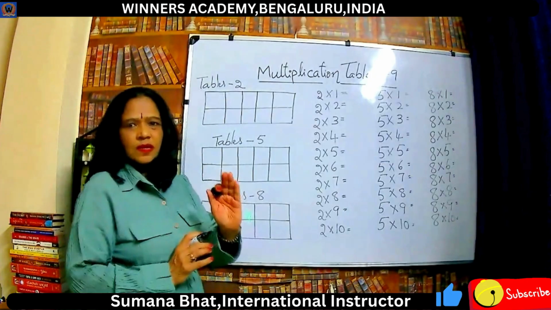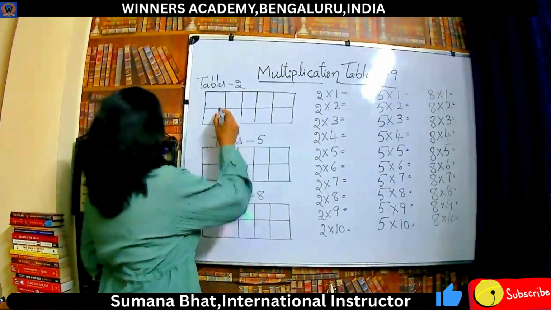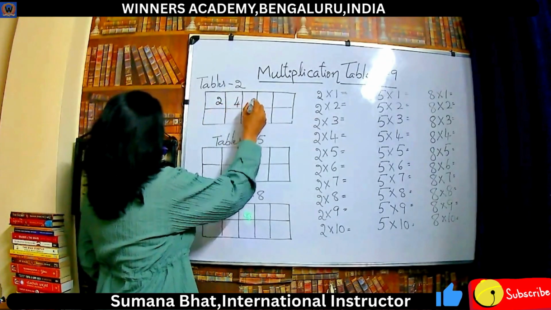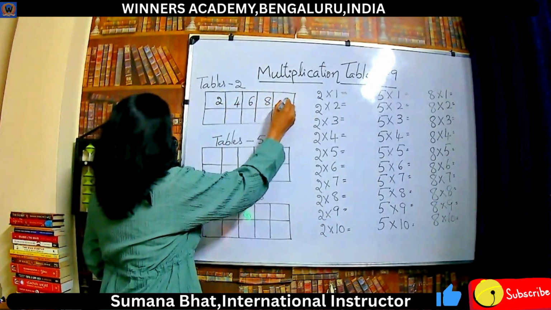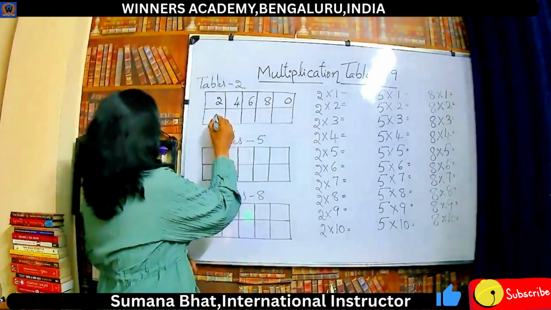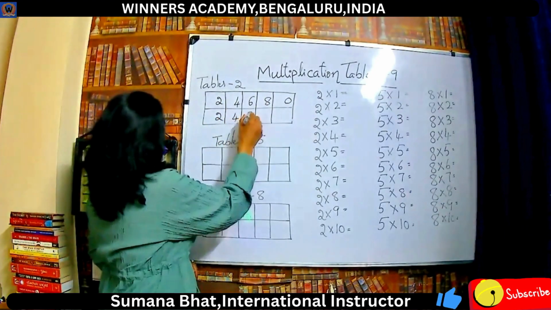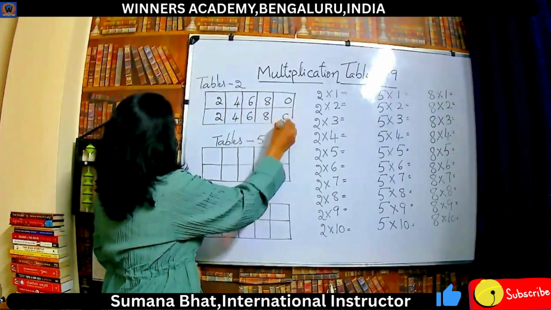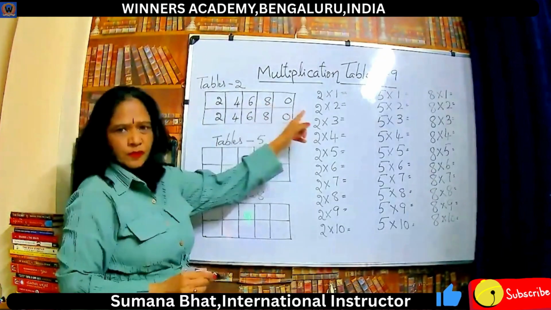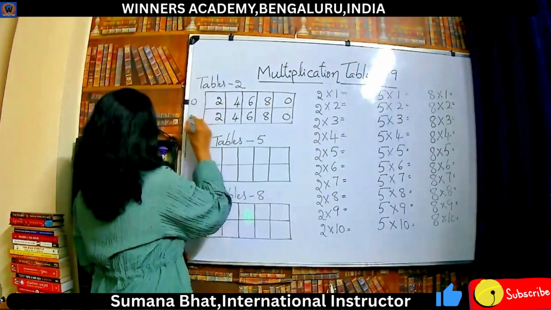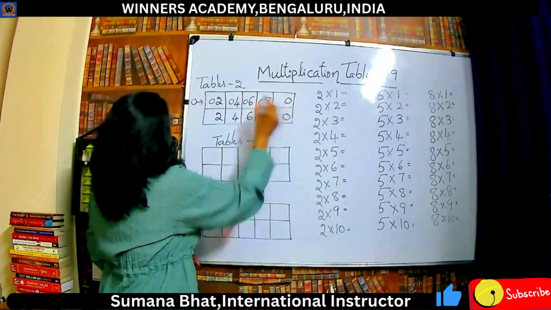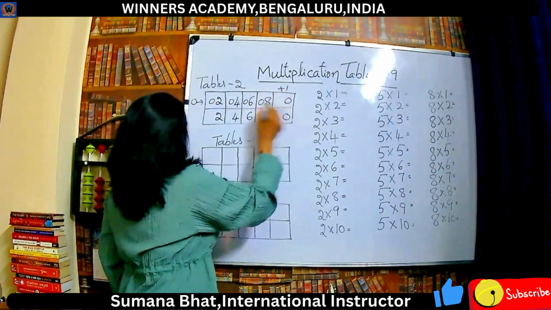First, what we have to do: write the even numbers in the box. Write the even numbers like 2, 4, 6, 8 and 0, not 10, just 0. And also write the same here, 2, 4, 6, 8 and 0. Okay. Now for the first row, write 0, 0, 0, 0, 0 and here write plus 1, 0 plus 1,